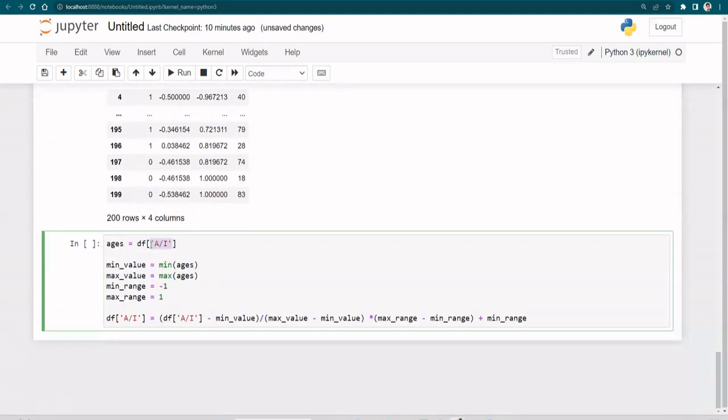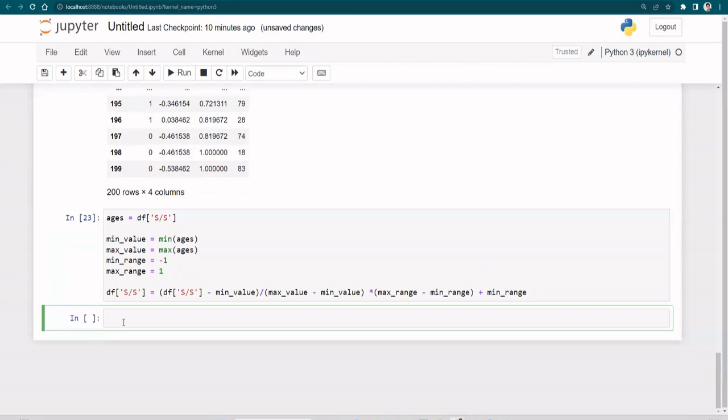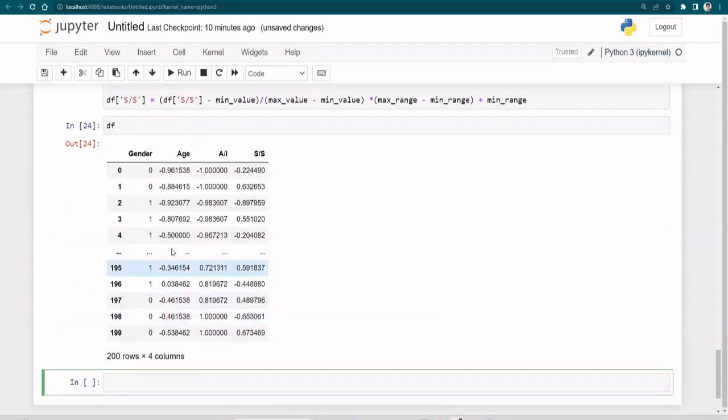For spending score, that is S/S. Okay. Now the data set will look like this, and now this data is ready for performing our